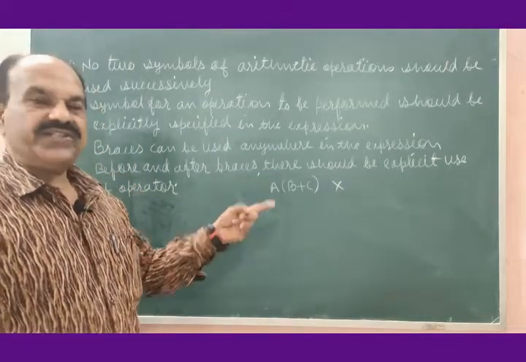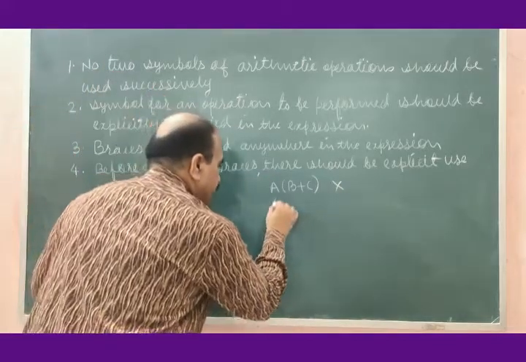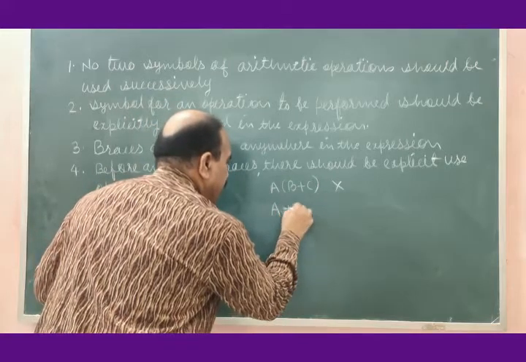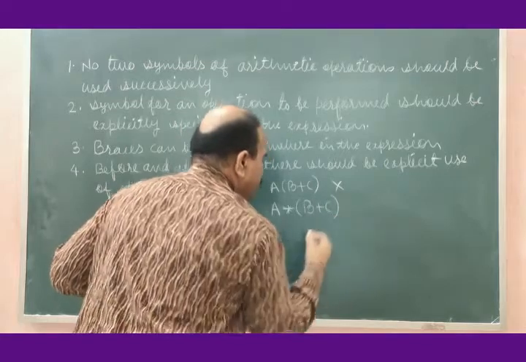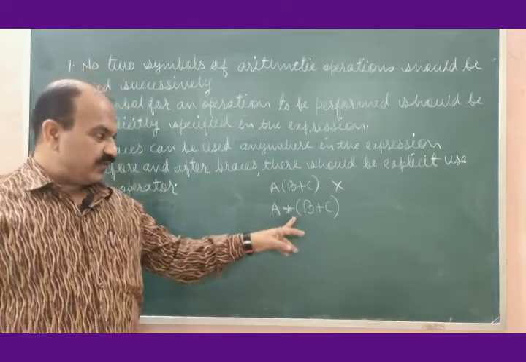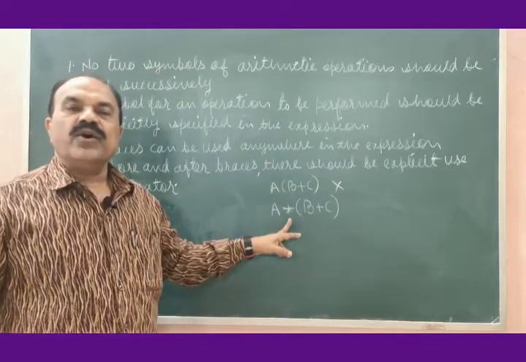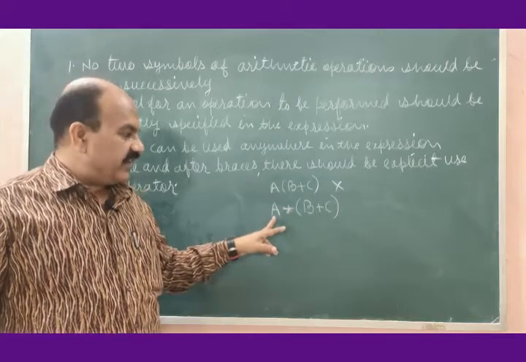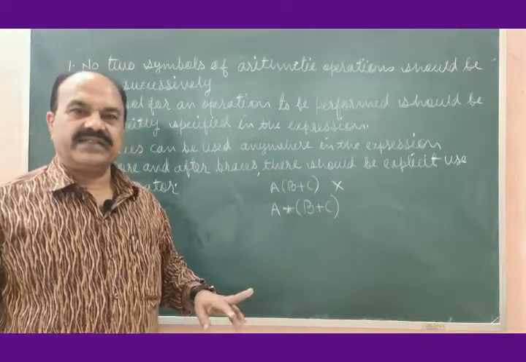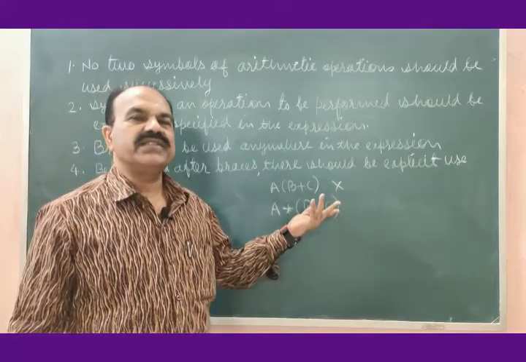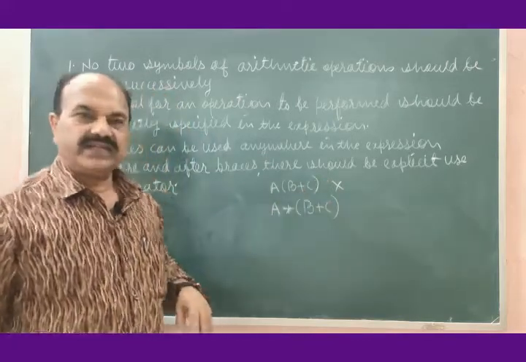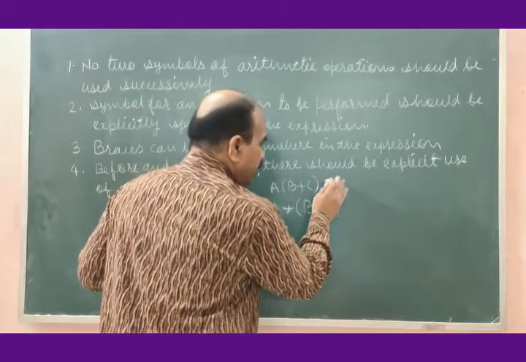Then how to write this? Here you have to write A into B plus C. So before the bracket, an operator should be there between this A and this bracket. If nothing is there after this bracket, there is no need to write the operator after the bracket. But if something is there,